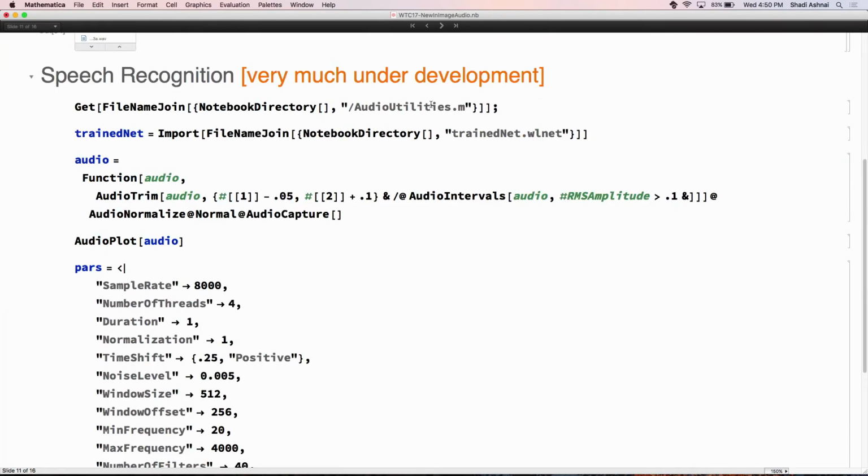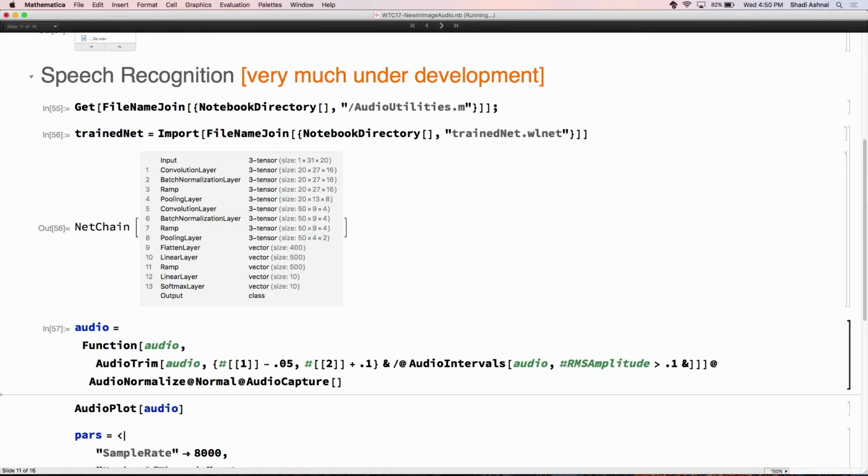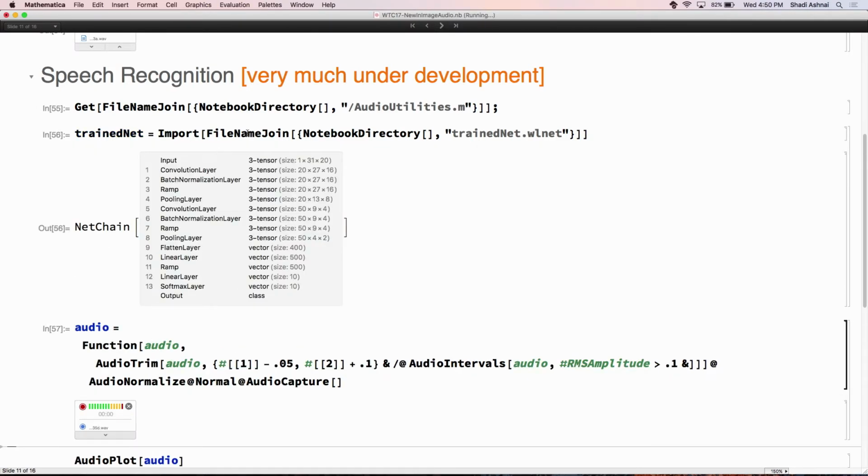What it does is, basically, we have used a very small data set of speech. Maybe I'll try to at least see if audio capture may work. We have trained a small network with 150 recordings of different digits 0 to 9, from 3 speakers. The data set was available online. And then this trained network that is imported is supposed to recognize the digit that is in the audio signal.